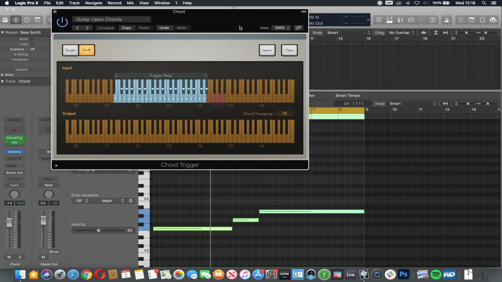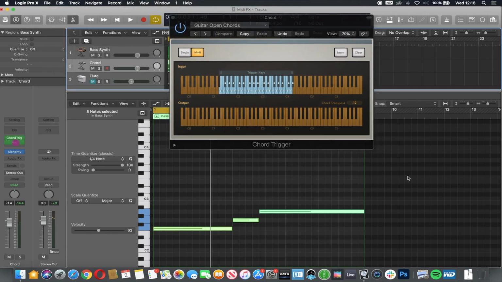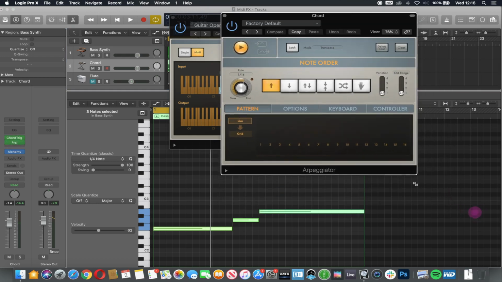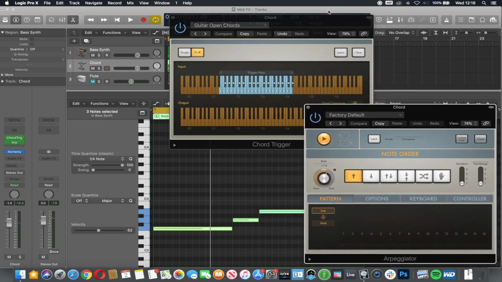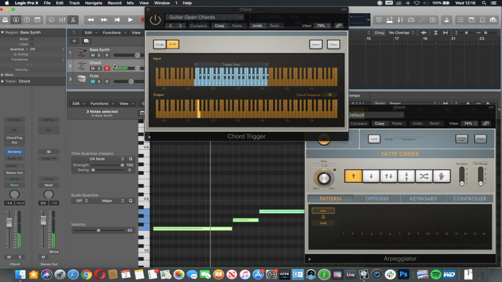So here's the chord trigger for my chord sound. Here is the arpeggiator. So if I turn the arpeggiator off and the chord off, and I play a note. If I turn the chord trigger on, if I turn the arpeggiator on, so if I run the chord trigger into the arpeggiator,